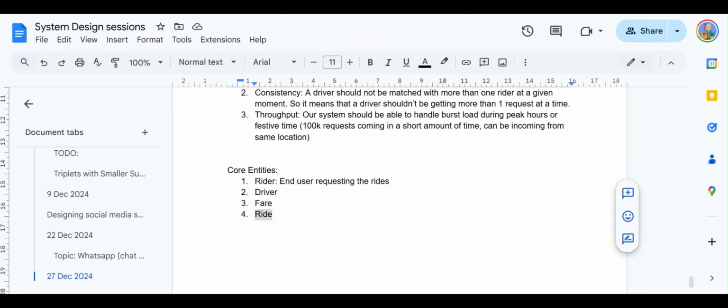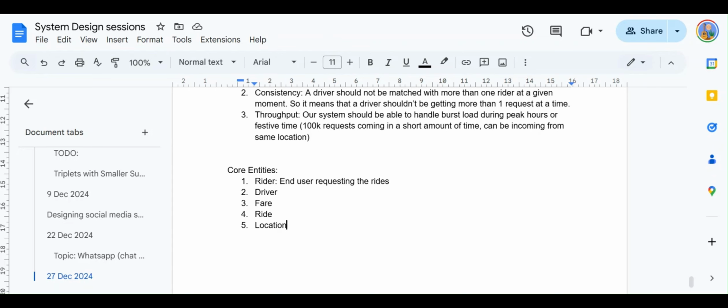The reason for that is because the drivers are going to be sending their location updates frequently to the platform. The idea is that the driver application, the client, so we'll be having this application, right? One application for the rider, one application for the driver.